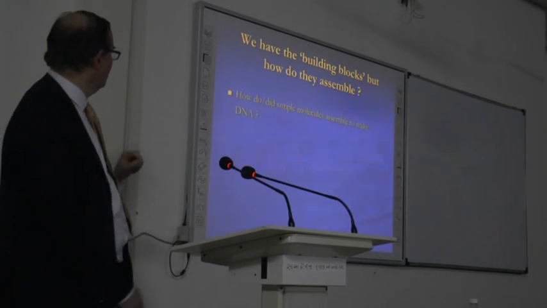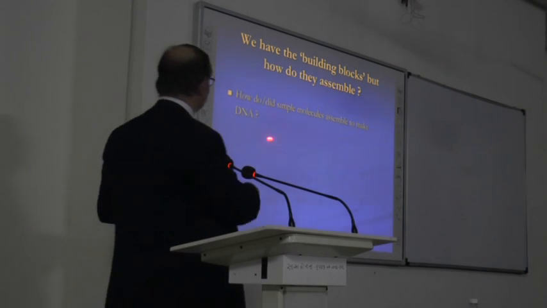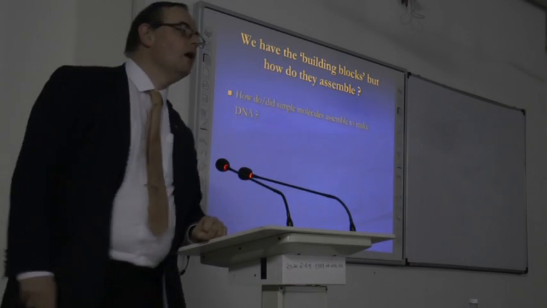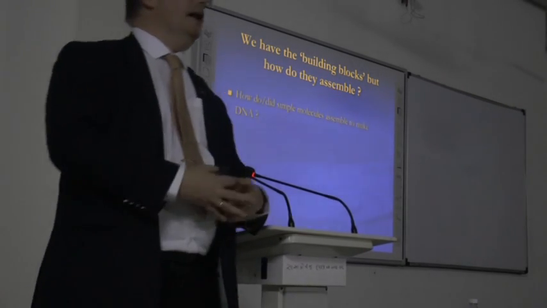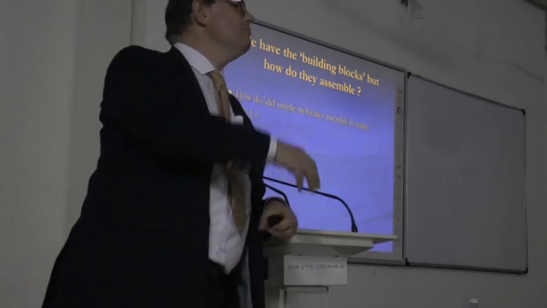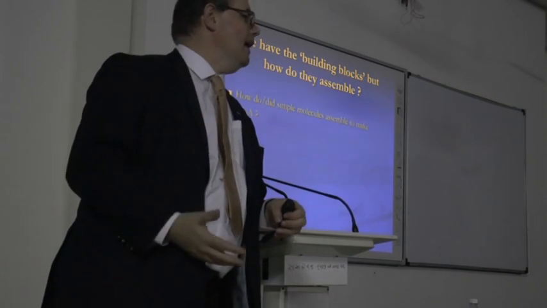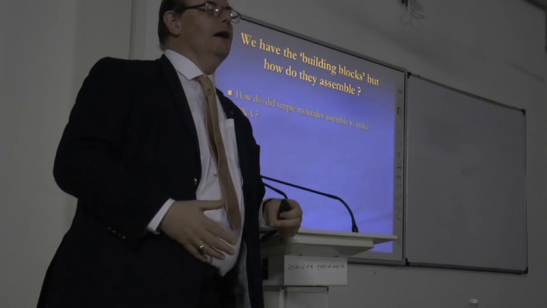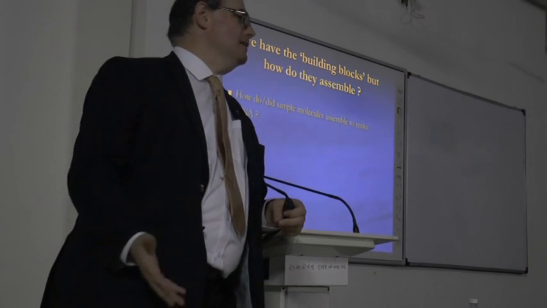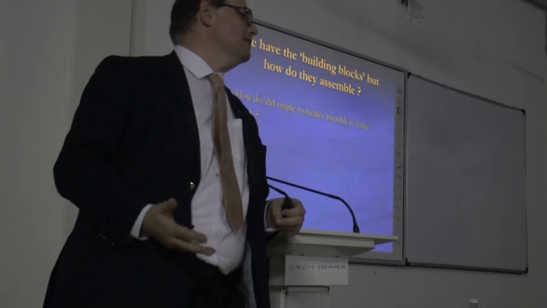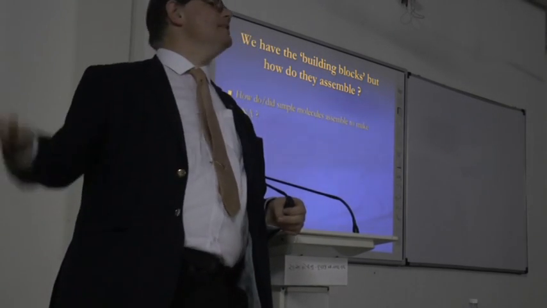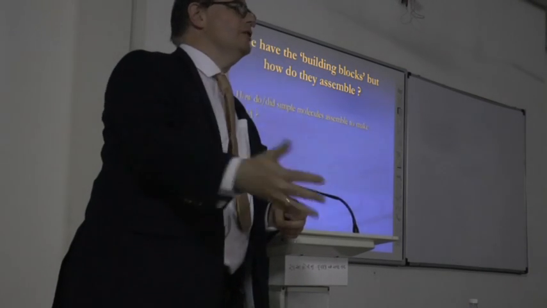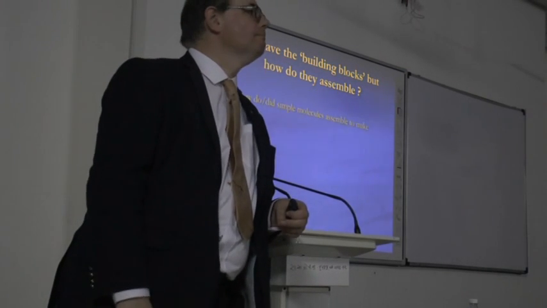How do these molecules assemble to make DNA? Question for you. Can anybody tell me how these molecules might assemble to make DNA? I've made my acids. I've made my sugars. I've made my amino acids. I've made the nuclear bases. How do they assemble to make the DNA, which is the molecule that we need to reproduce and do everything? Anybody tell me?